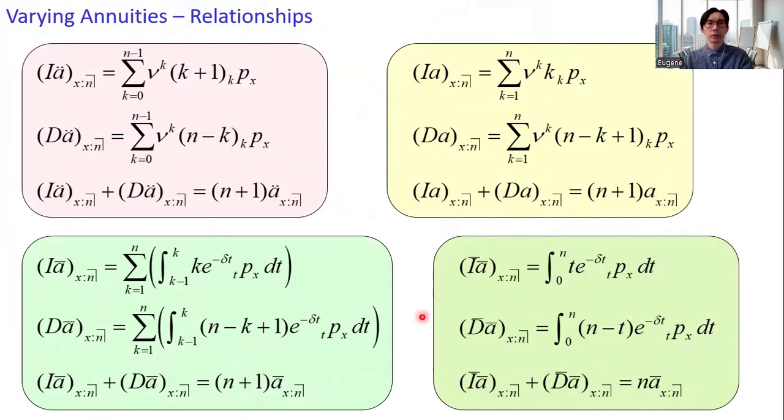For all these expressions, whether we are dealing with the annuity due, annuity immediate, or continuous annuity, we need to multiply a product of three terms: the present value factor v to the power k, or in terms of the force of interest, e to the power minus delta t, and then the payment amount, and then the survival probability kPx. This is the core of getting the actuarial present value. Let's take a look at the first example.